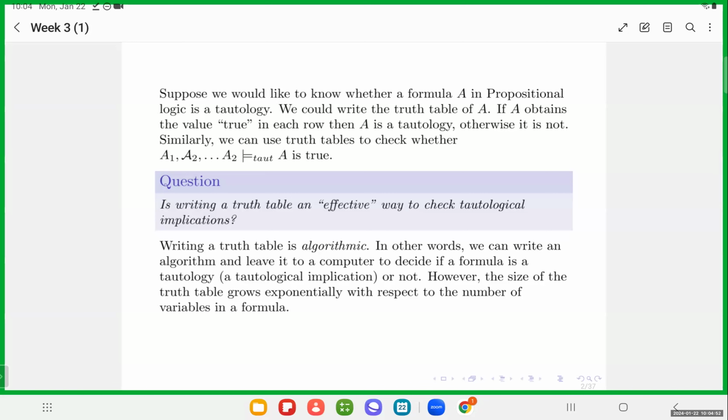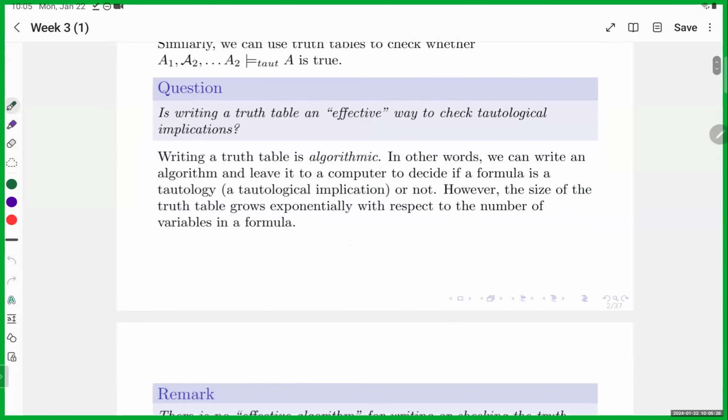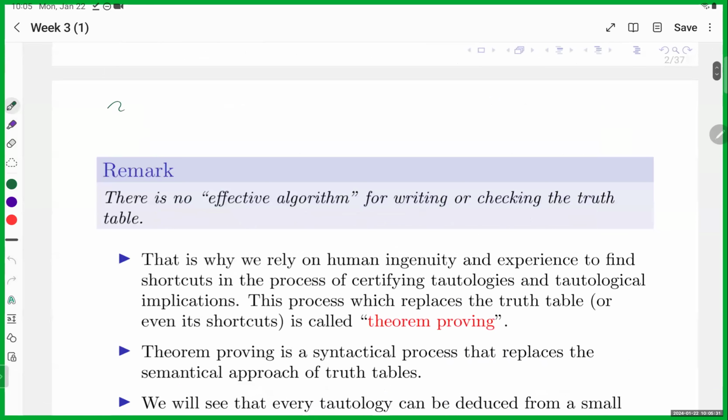That's why early on in the days of logic, in the late 19th and early 20th century, people decided to axiomatize, to see if they could prove logical statements as opposed to checking the truth values. So they developed systems of proofs. There is no effective way to check the truth table, so what if we invent a proof system